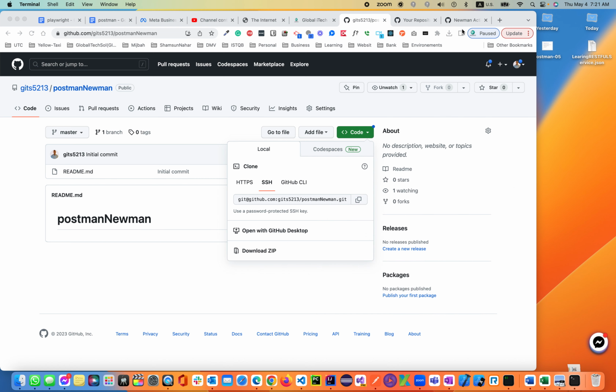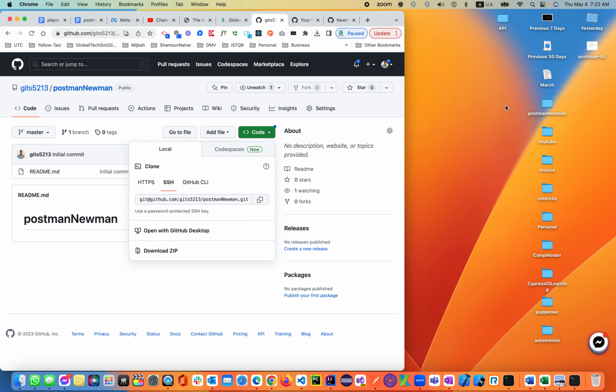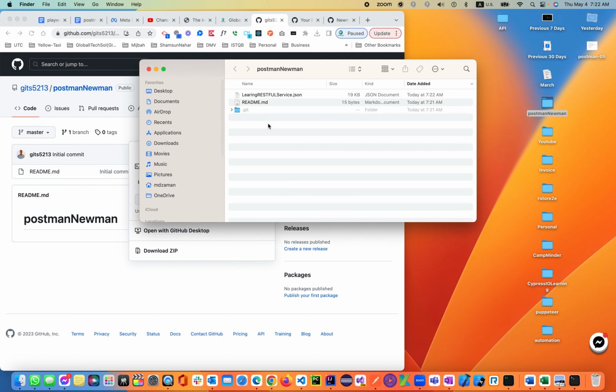Okay, so let's see the folder. Postman-newman. So this is our folder, postman-newman. Inside postman-newman we'll move our learning RESTful service. Inside we have a readme.md file, and we do have the learning RESTful service, right? And we'll be creating here a new folder called